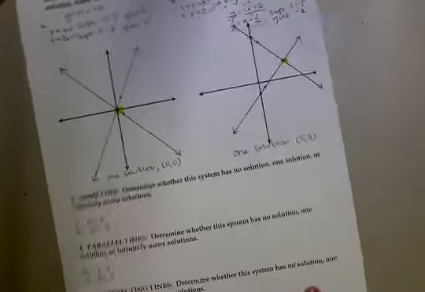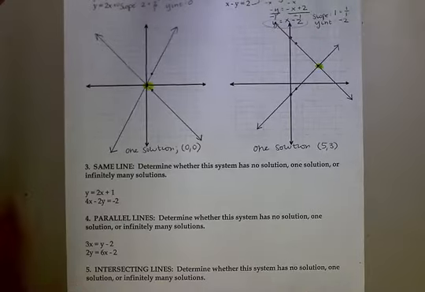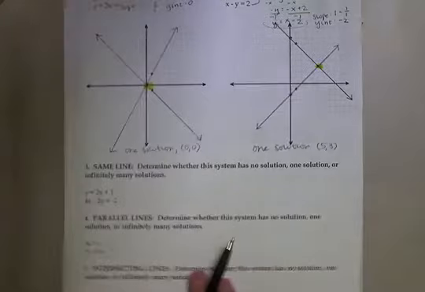Now, to determine whether a system of equations has one solution, no solutions, or infinitely many solutions, sometimes you won't even have to graph the equations. You can just play around with the forms of these equations, check out their slopes, and see how many solutions, or if at all, they have a solution. So let's take a look at an example